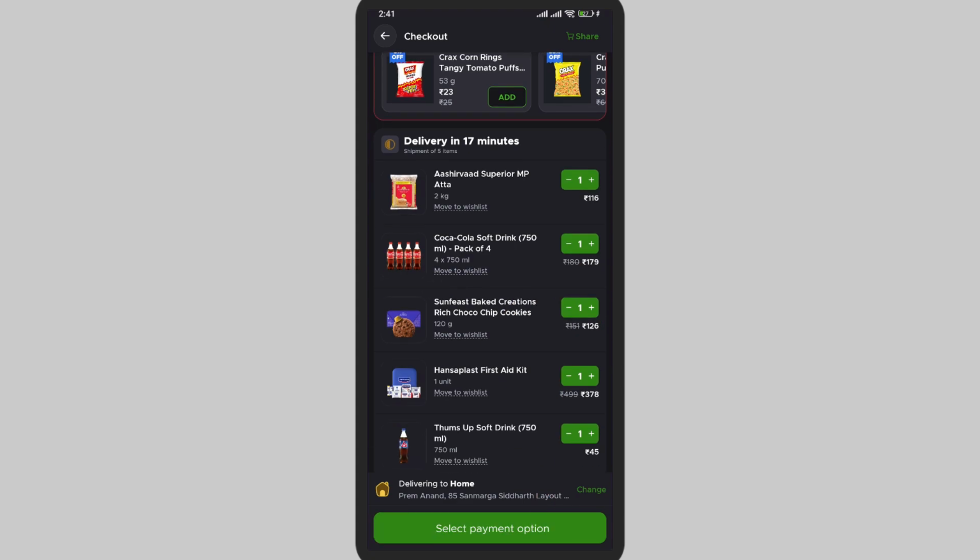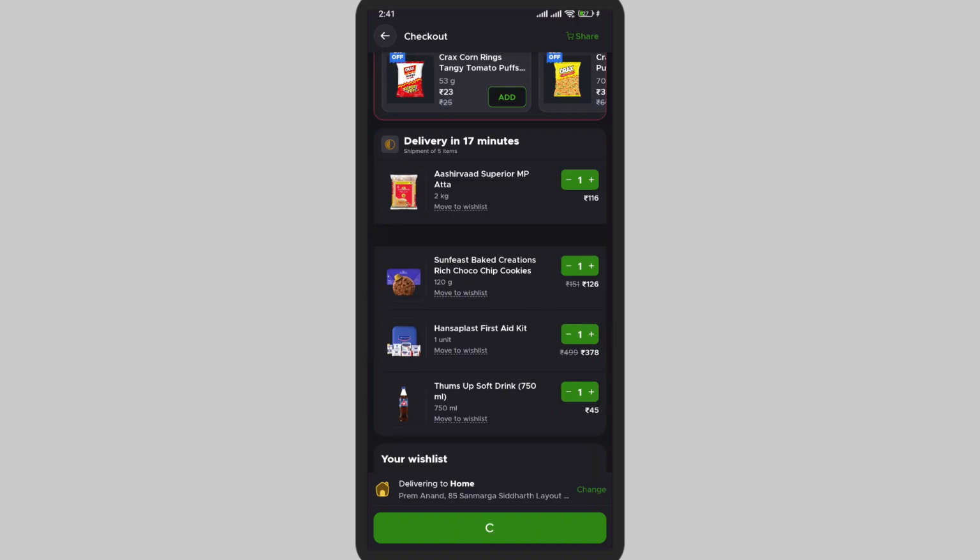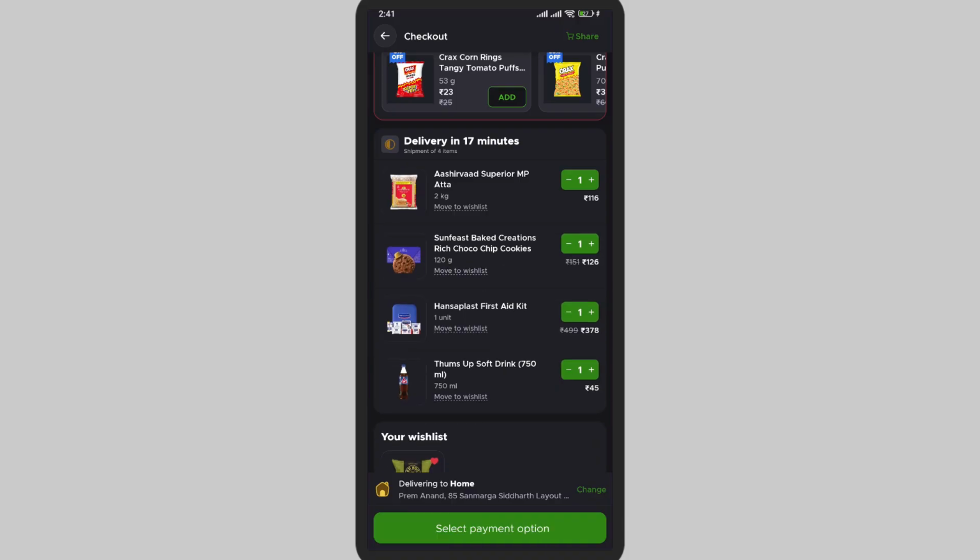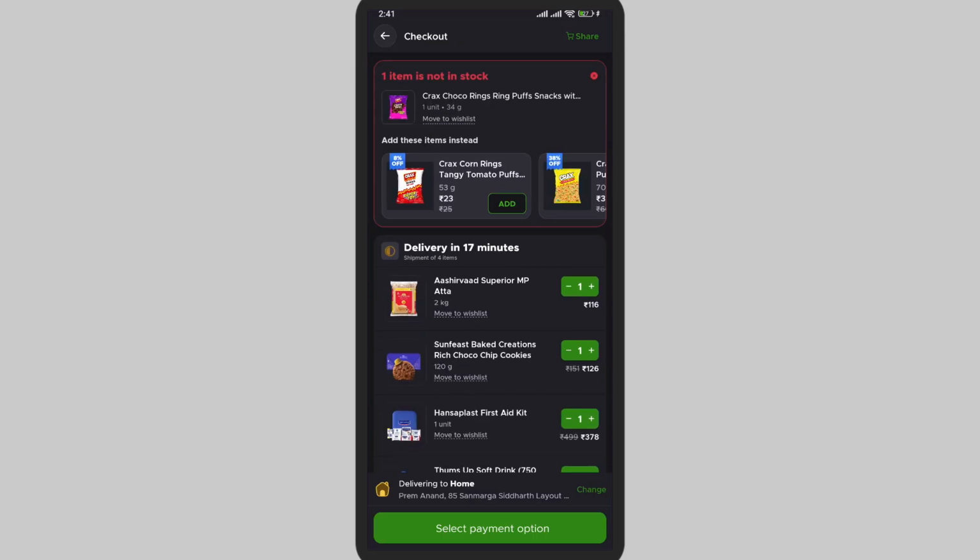So you can do this for the one that you want to remove. So after doing that, other items will be available and you can directly check out or order other items, and you're